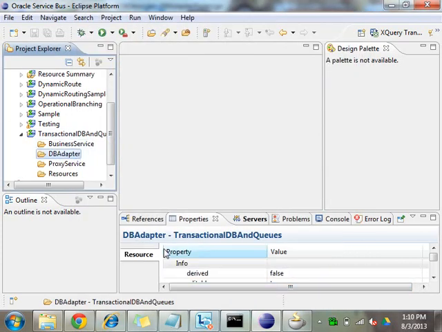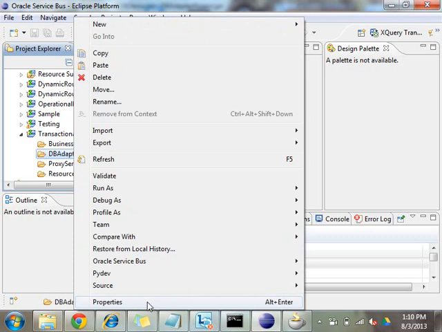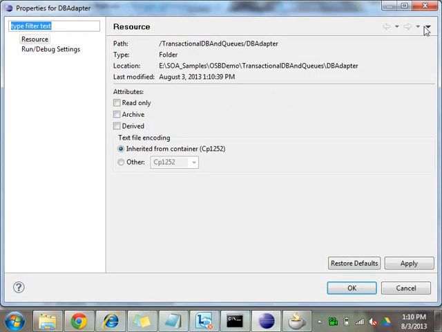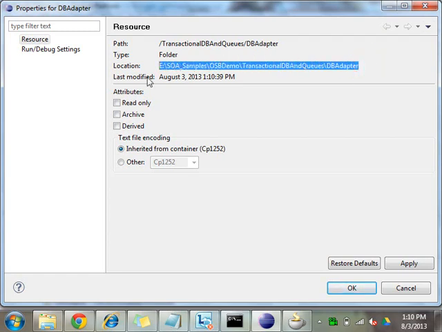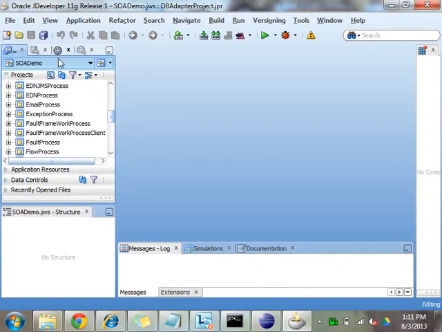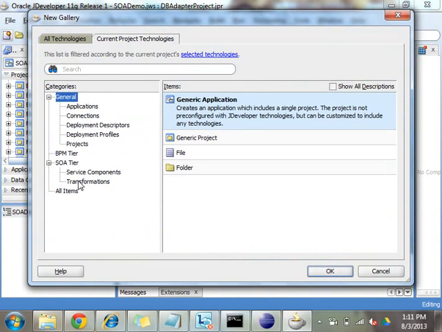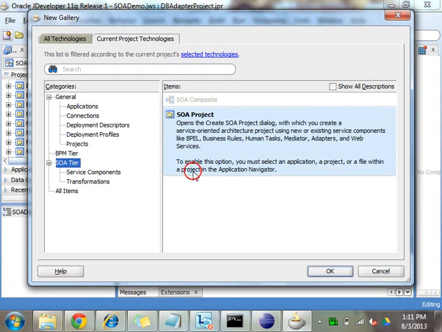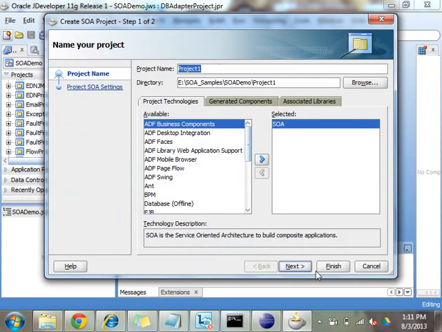So one thing is you create in JDeveloper and copy into this folder. The other option is to take this location, and come to JDeveloper and create a new server project, saying that, okay,